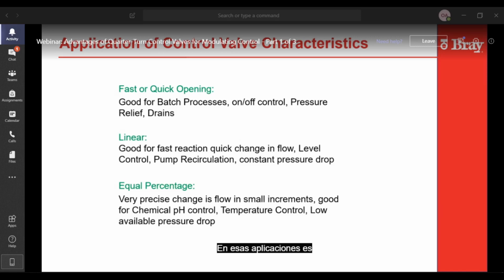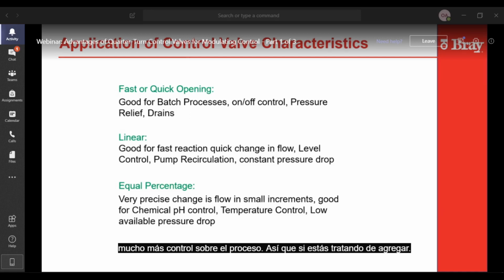Equal percentage is usually good for precise control. You're making very small changes in flow per signal change from the controller. So you got a lot more control on the process.